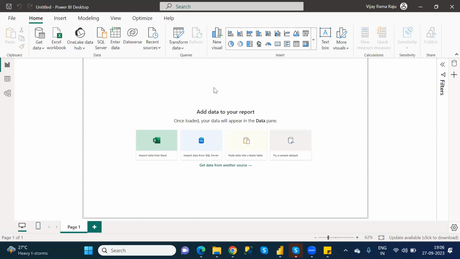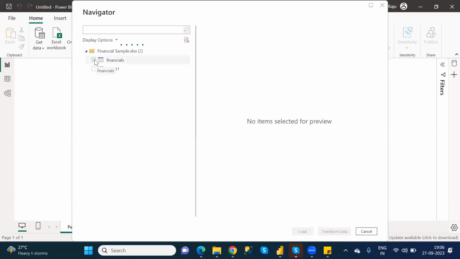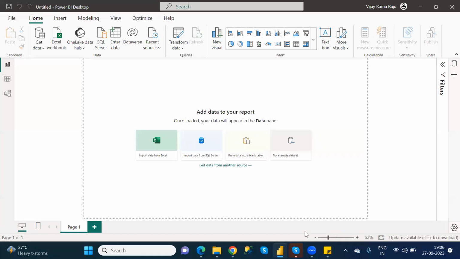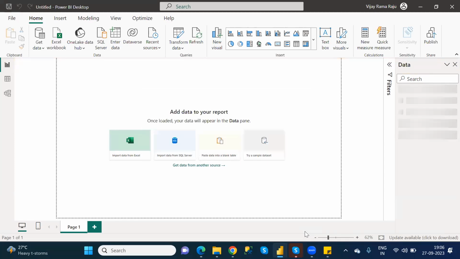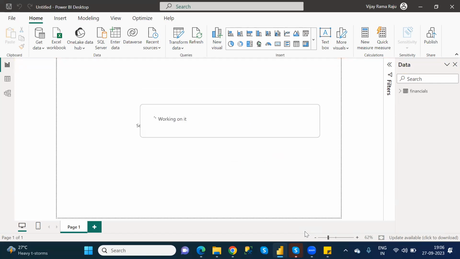Not only for this one, for any application. Suppose you just load the data. So after that, in the middle of the thing, if you try to close that application, okay, now the data is loaded. Now we have the data. If I have the data, and I didn't save the data in this application, and without saving, if I try to cancel that particular application, see here.